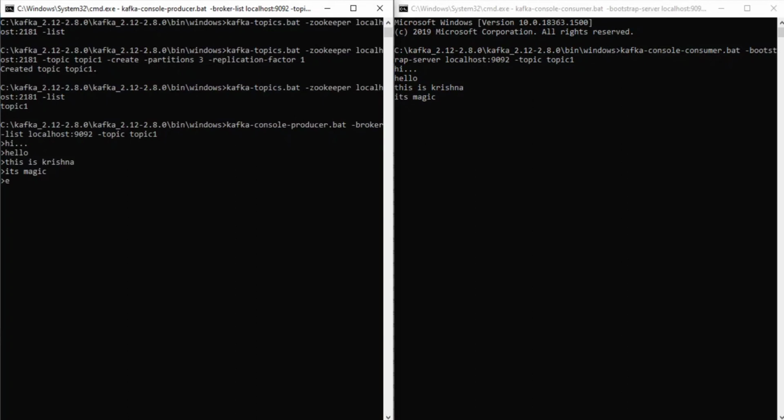So this is it for today, guys. This was all about what Kafka is and how to install it. Instead of just saying it, I typed on the screen so you can have a flavor of the real-time producer consumer scenario. So we have seen what Kafka is, how to install it on Windows, and how to run a Kafka producer and consumer.